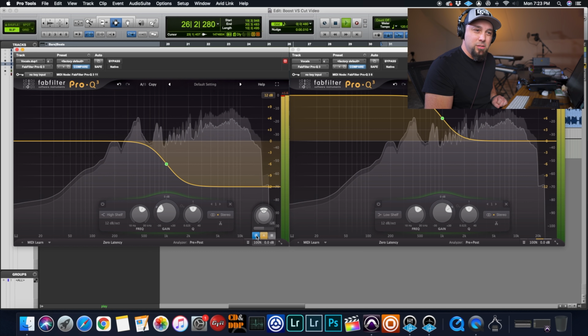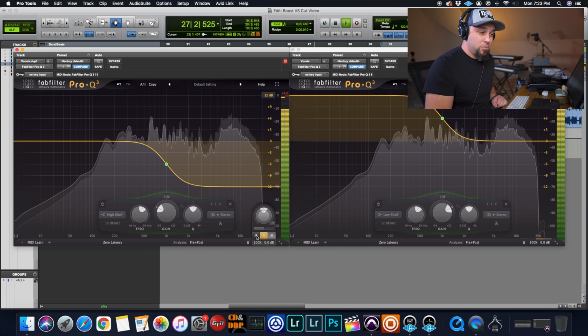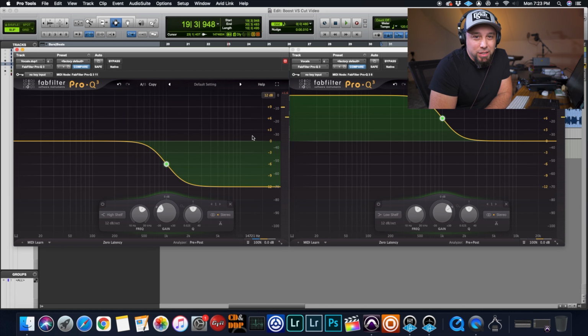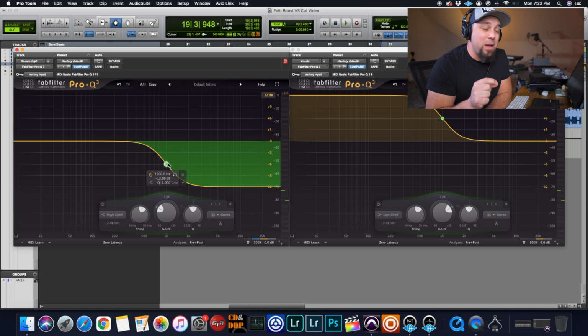I don't hear anything. It goes completely away. So what this means is as long as you are able to perfectly match EQ curves, there effectively is no difference between boosting and cutting EQ. And if there was a difference between boosting and cutting, you would hear exactly what that difference was with that polarity flipped. Now, unfortunately, this is basically impossible to do on a hardware EQ or a hardware modeled EQ, a plug-in that is modeled after a piece of hardware,